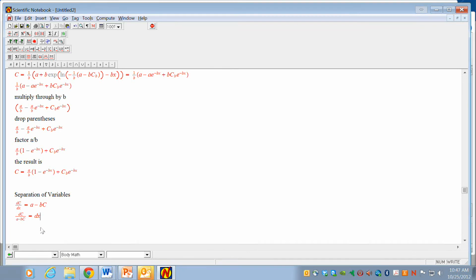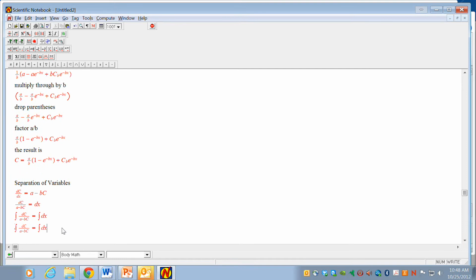So this is the same equation, we've just rearranged the terms, and in this case all the c's are over on this side, except there are no terms with respect to x over here, and then the dx is over on this side. So this equation is now separated, and what we can do is integrate both sides. So we put in this integration, put in the integration there, and get the result. Now in this form we can't really get Scientific Notebook to give us a good outcome,